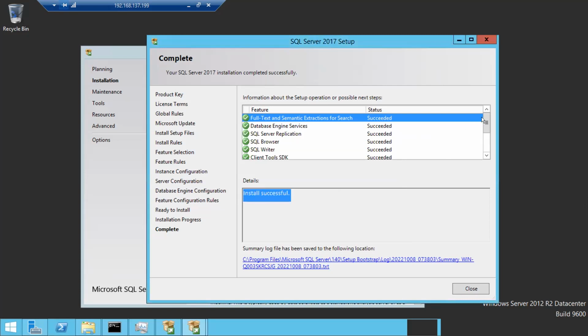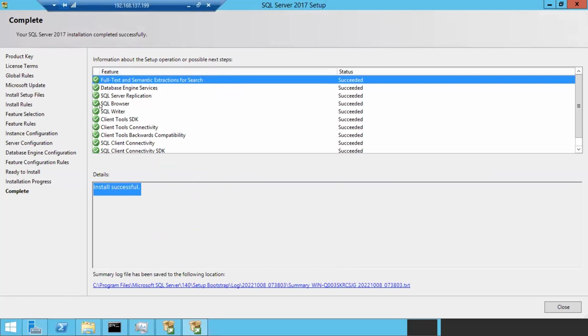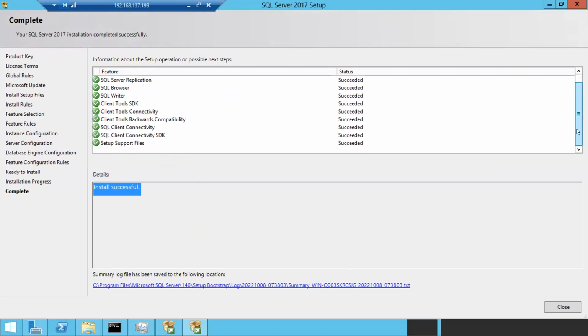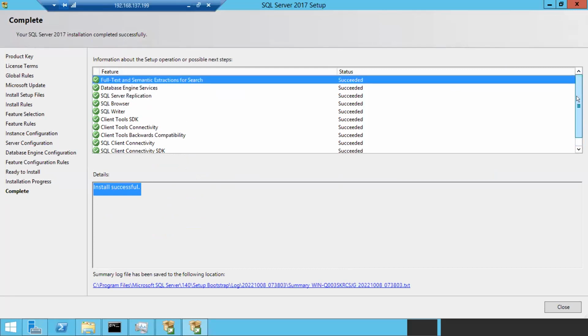You should also cross verify whether all the components are successfully installed or not. All the green checks you have to cross verify. Sometimes if any component fails to install, you can see a red check here. So make sure all the checks are green, guys. In case you face any issues during the installation,